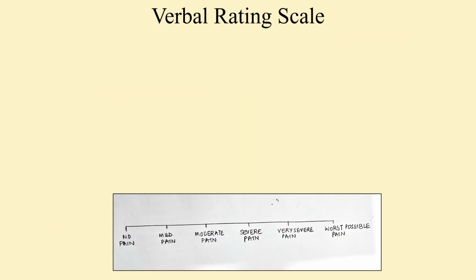Okay, so coming to the next scale, which is the verbal rating scale. A lot of people do not understand numbers. Especially the elderly or probably older kids might not understand what 4 or 5 means, or they get confused, or sometimes patients say they cannot tell exactly what number their pain is. So for such people there is an intermediate scale, which is the verbal rating